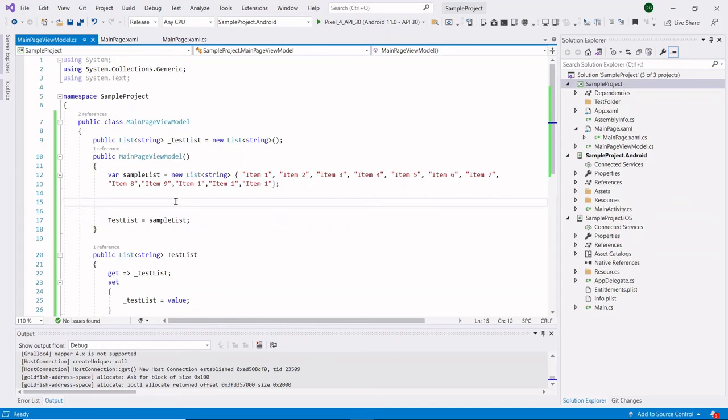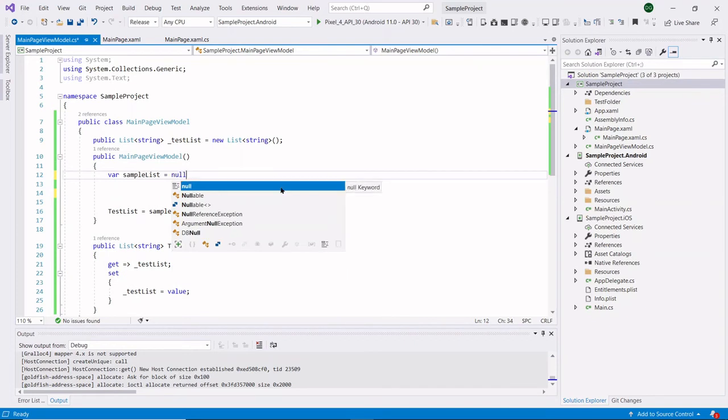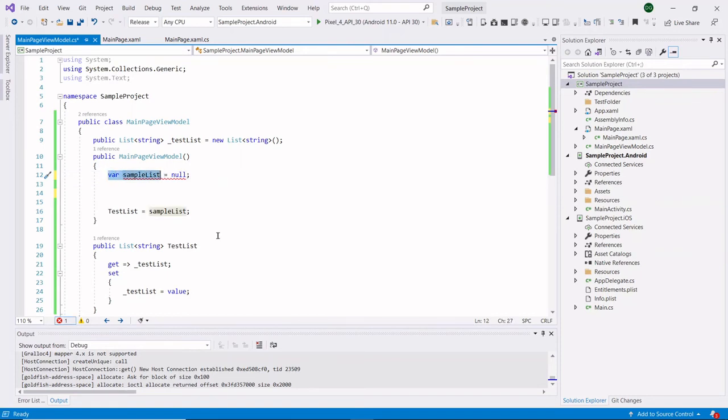The syntax for the null coalescing assignment operator is double question mark and equal sign. Now I will show you how to implement it in our application. For that, I am taking our sample list view data as null. But we need to assign our sample list to our item source property.